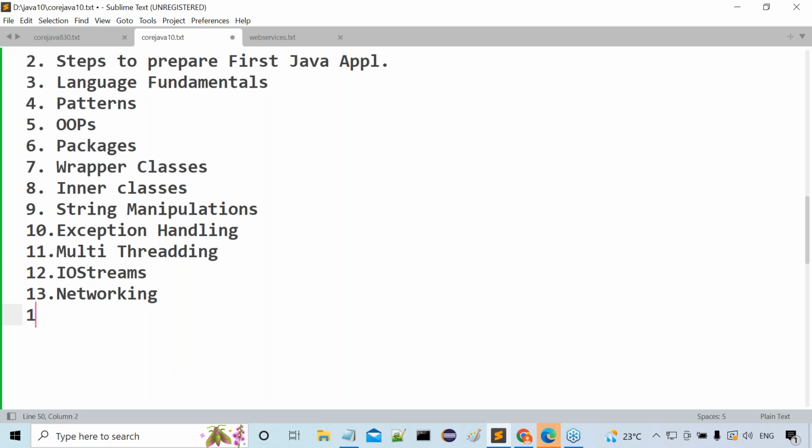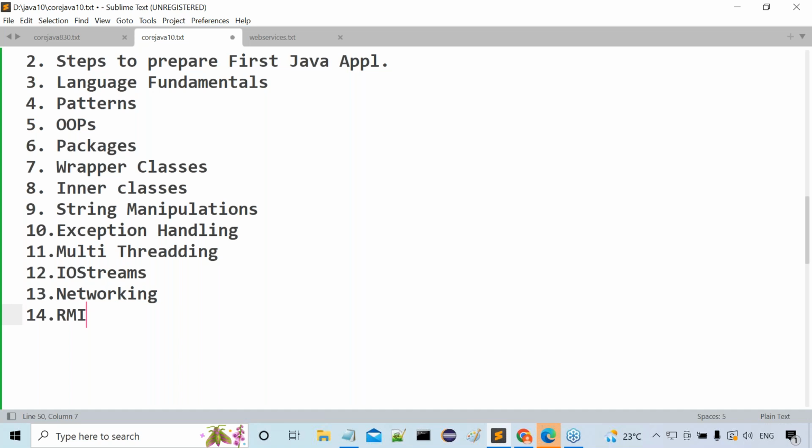Right, sir. After that, another topic would be what now? After completion of networking, next one is RMI. RMI is an extension of networking, remote method invocation. My method is available on another computer, a remote computer. I want to access that method from my local computer. Two computers are available. In one computer, I will write a method. From another computer, I want to call that method. So where networking is required internally, the extension of networking, we are going to understand as RMI.